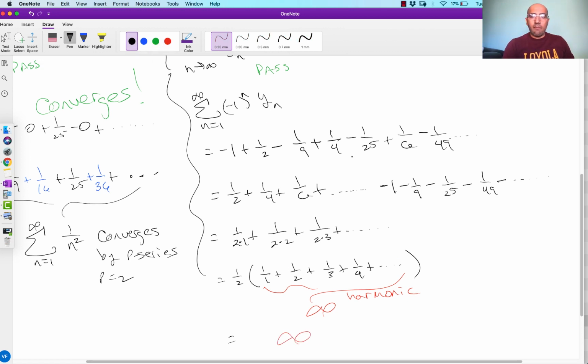And then we have this minus all of these negatives. So I can factor out a -1. -1 times, and then make them all positive: 1 plus 1/9 plus 1/25 plus 1/49 plus dot dot. Okay. Well, this looks an awful lot like the n squared one. So we could say that this is definitely less than